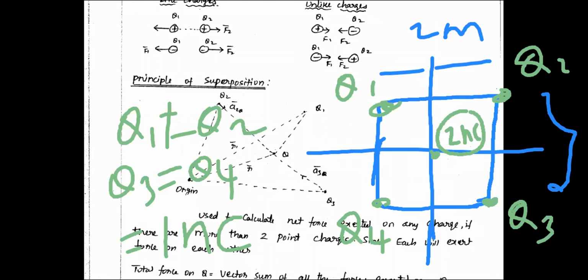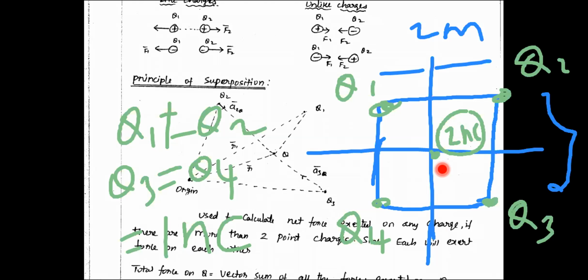Already I have given you the sides of the square. Based on this, you can calculate the distance. Now find out what is the force on the charge at the center due to all these four charges. Either it is positive or negative or 0. If you get some value, in which direction does the final force go? You come up with a solution, again using the principle of superposition.